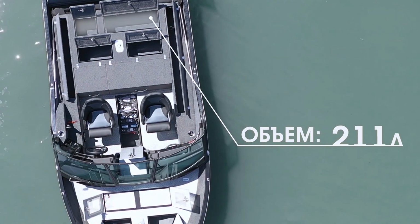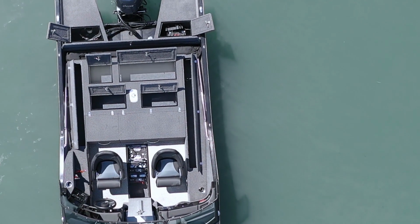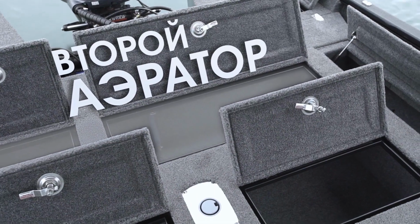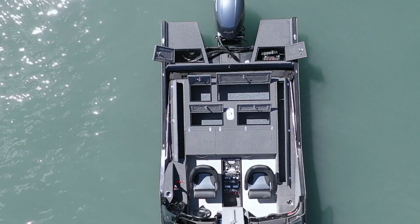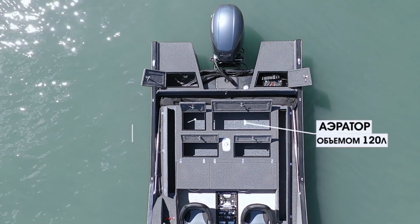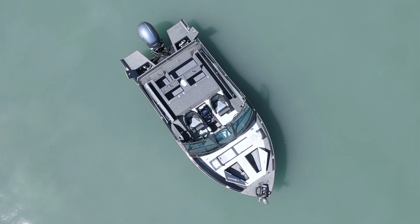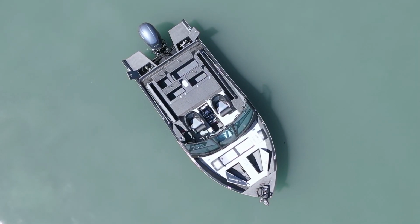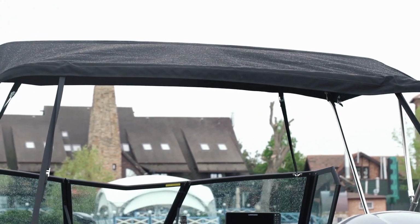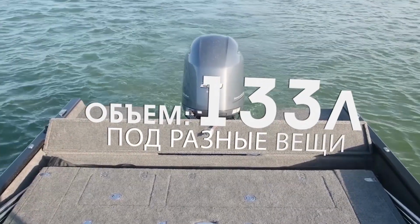Another 211-litre locker. Locker lids here are not symmetrical if you decide to use it as the second aerator. In this case, one lid will provide access to 120-litre aerator. The second lid can be used to access the aerator pump. Then we have a locker for the folding canopy that can be stored under the fishing platform. If you don't need the canopy, you get additional 130 litres storage for whatever you want to put there, and